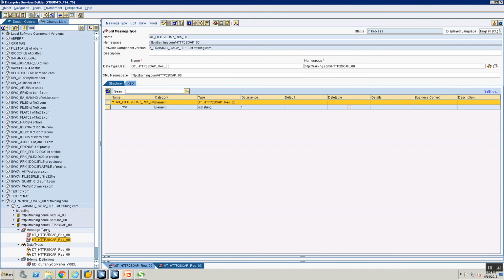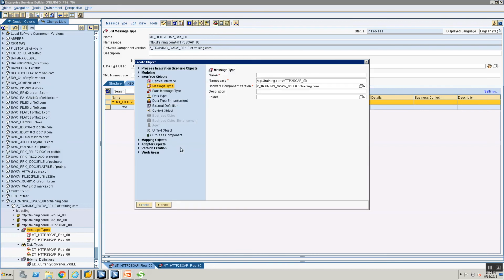Okay, now we are going to create service interfaces. How many service interfaces? Two service interfaces are required, one for the HTTP and one for the SOAP. So I say SI OS. Why do we call it OS? Because it's outbound synchronous.